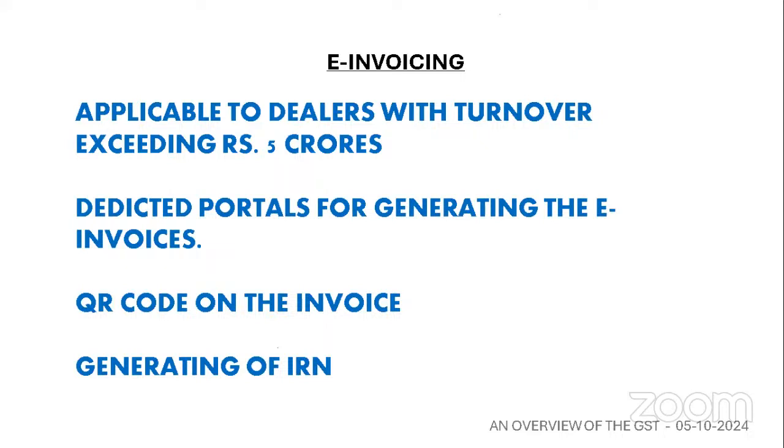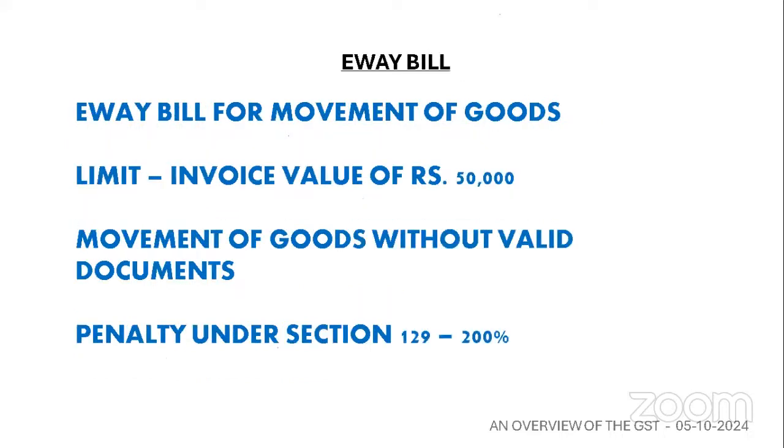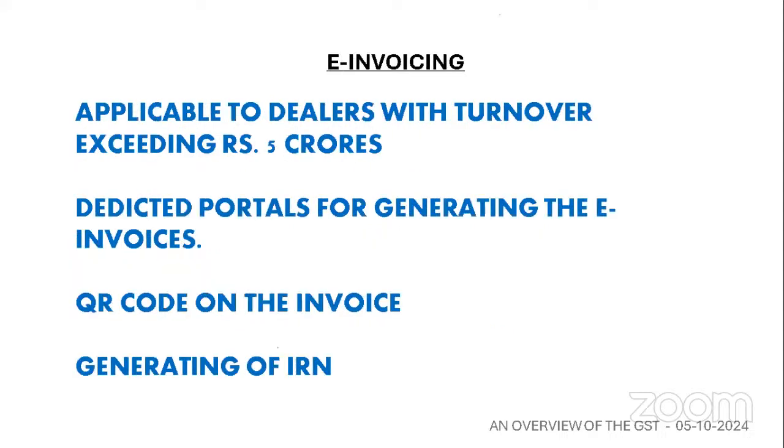Then e-invoicing. Earlier what we saw was the e-way bill. Way bill means on the way of transportation of goods, this document has to be produced. Whereas e-invoicing is a method where every invoice raised by a dealer on another business, right now applicable only to B2B transactions, and all those invoices raised by me should be uploaded on the GST portal. There is a separate portal for e-invoicing. You have to report that invoice to the e-invoicing portal.